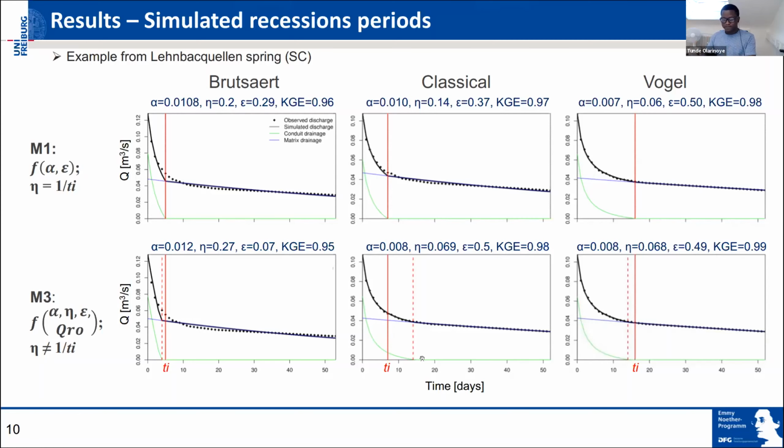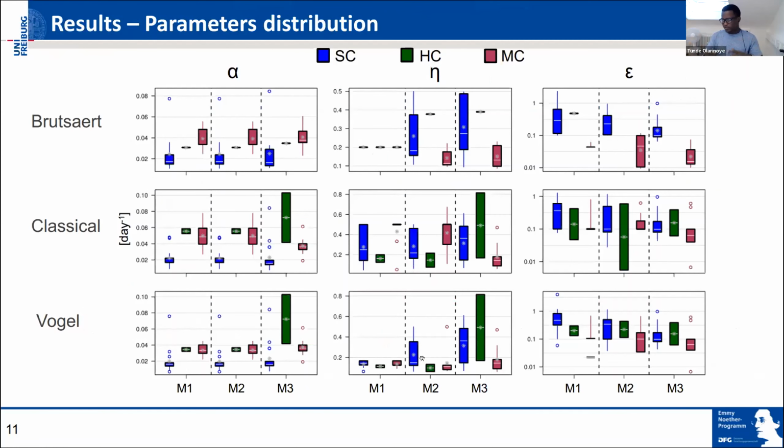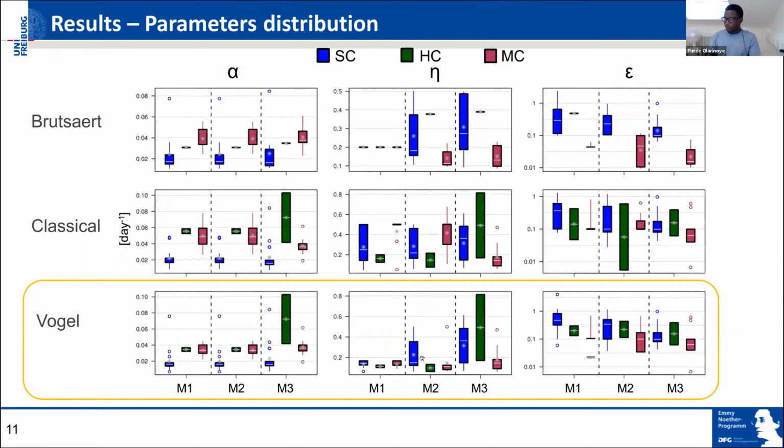Not so much variation except for this, but it shows that these methods are capable of extracting Karst conduits and matrices automatically. And then this is a lot of information here, but I'm focusing on just one of the methods which I see actually works well, which is the Vogel method. This is the method that I see gives less uncertainty for the parameter distributions across different ranges of catchments, as we can see from the box plots, which are narrower compared to the other ones. So the Vogel method shows more promising potential of being useful for Karst recession extraction for automatic analysis,